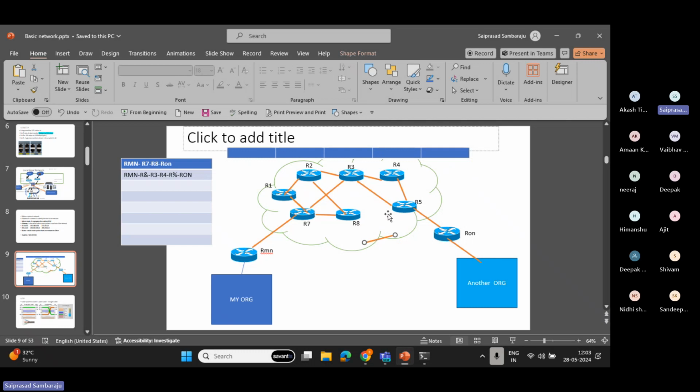Already it has shown this link is there, so your packet will transfer like this, but by the time it reaches, the link has failed, so it won't connect. Then if you refresh, the data will update. This is failed, so you can transfer the data from here to here like this, or from here, or from here. So all possible routes are exchanged between each router,